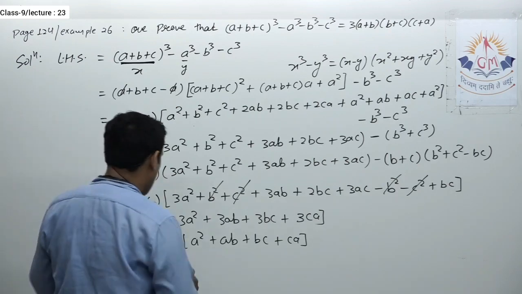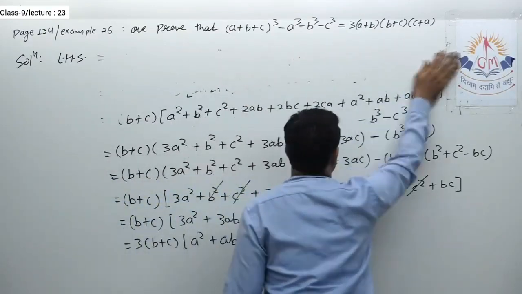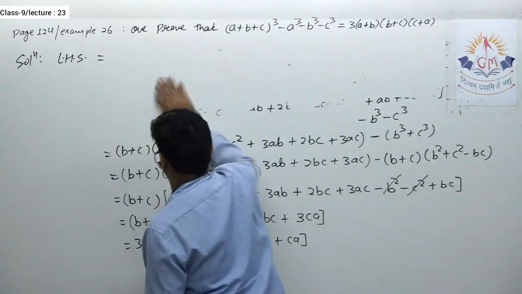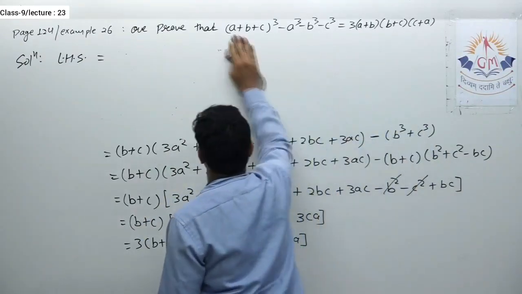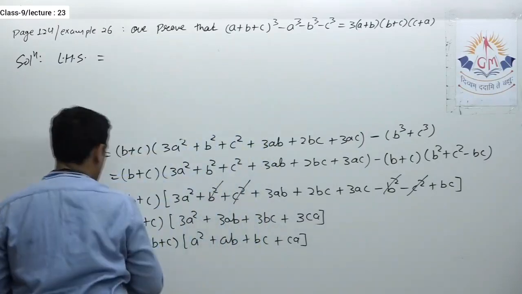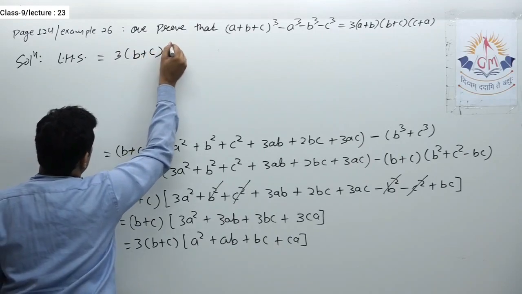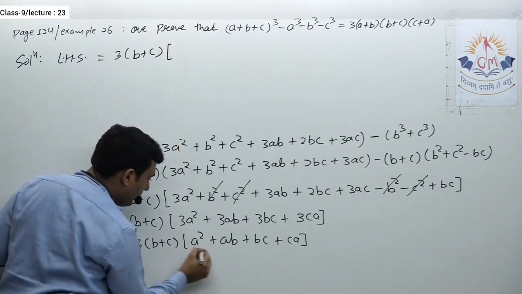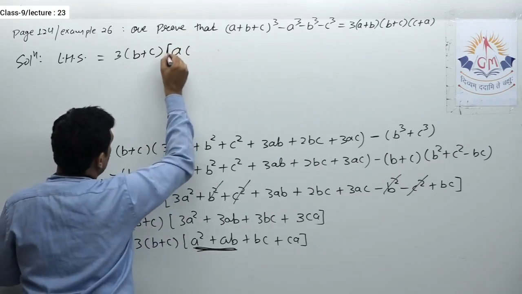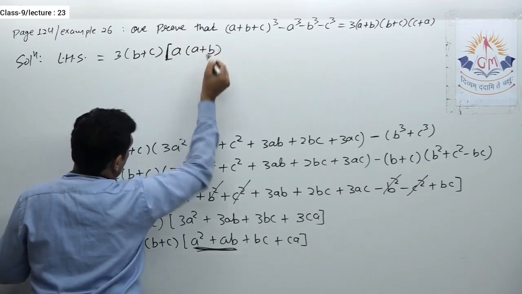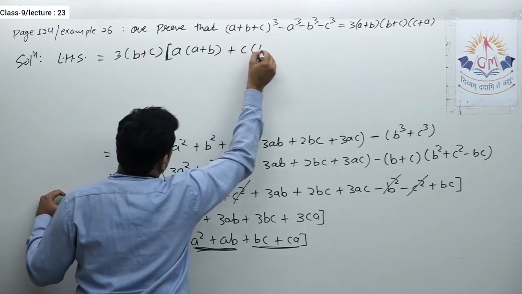Okay, now let us see how to solve it, the remaining steps. Okay, so 3b plus c. Now over here, if you observe carefully, you can take a common from these two. If I take a common in bracket, I do get a plus b. Now similarly from these two, you can take c common. So again you will get b plus a.